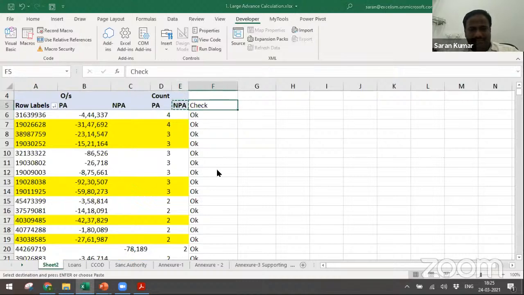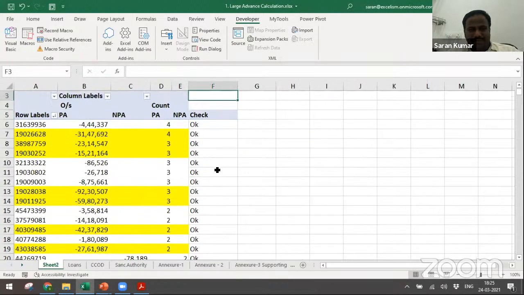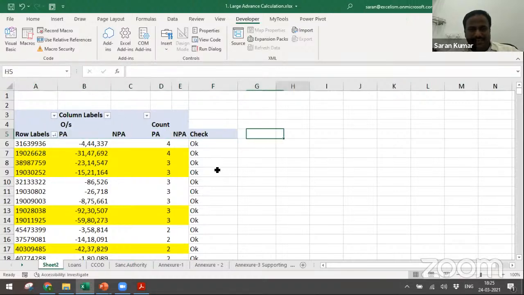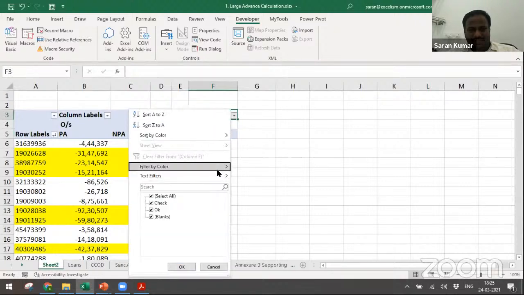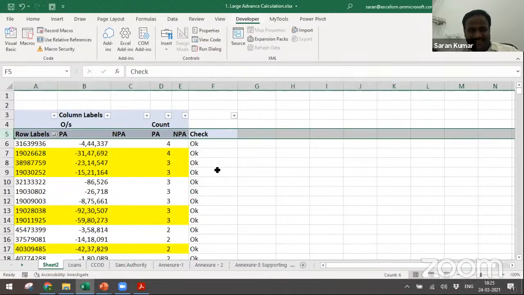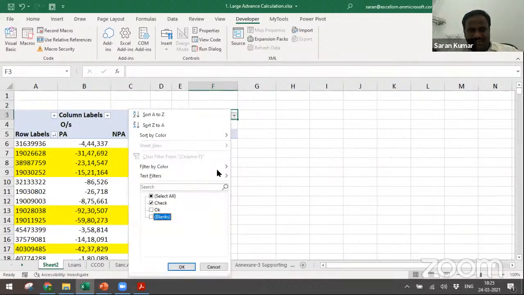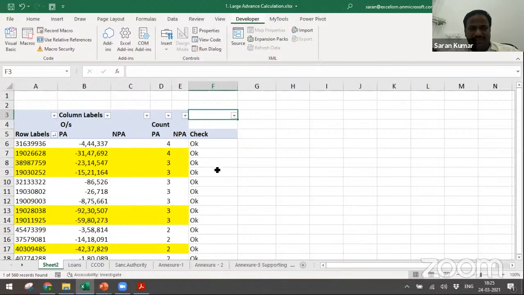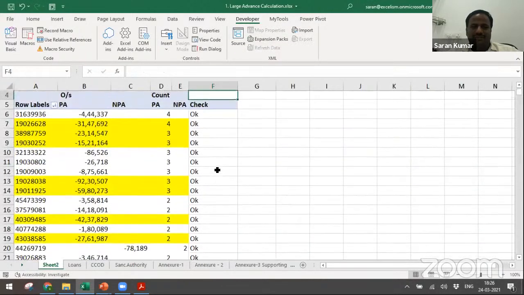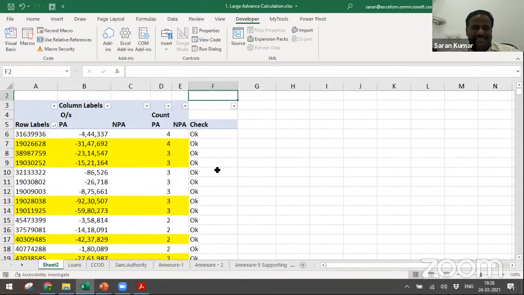I want to have the same format. I'm very particular about formatting, working papers, and so on. That's the reason I'm taking more time. Now you can simply filter the data to see whether there is any check. Not this one because this one is the title. You can't take the filter here, so take the filter here. Let me filter for check. It's only the title, so no check. Everything is okay. Wonderful.